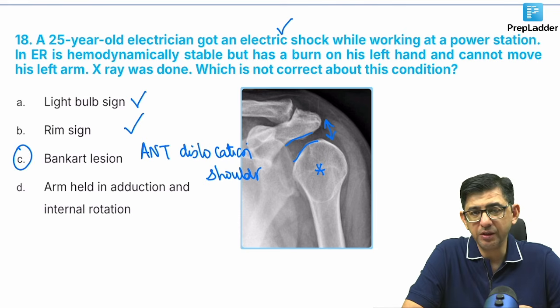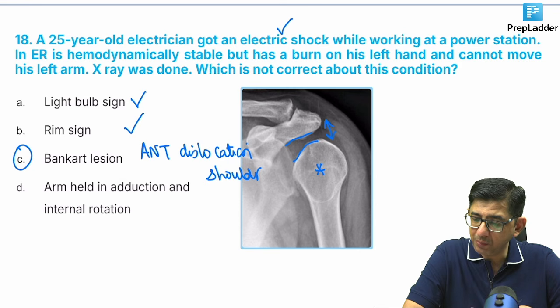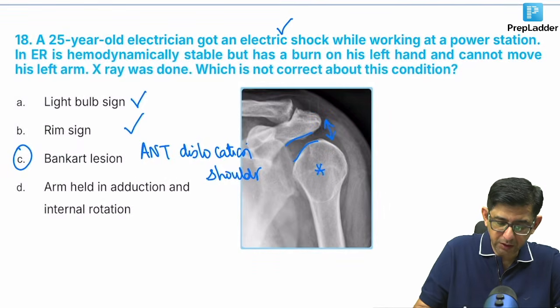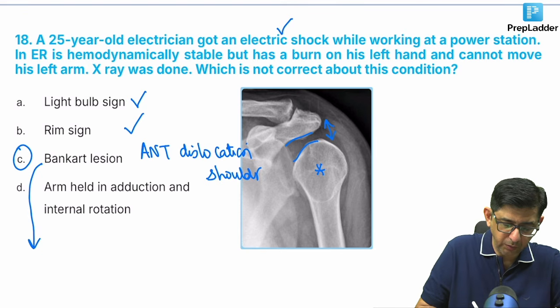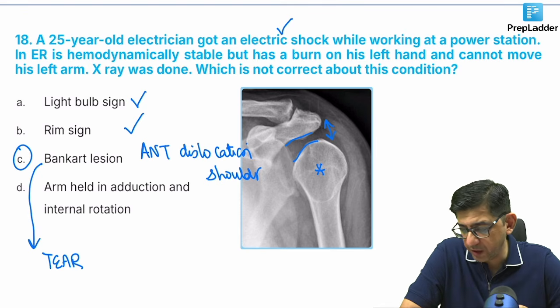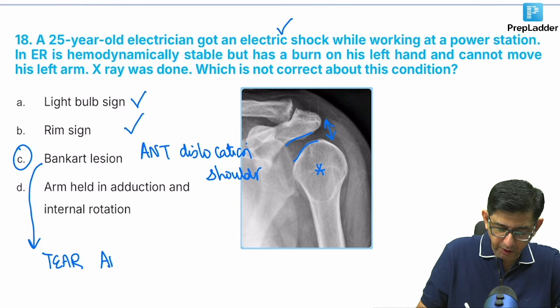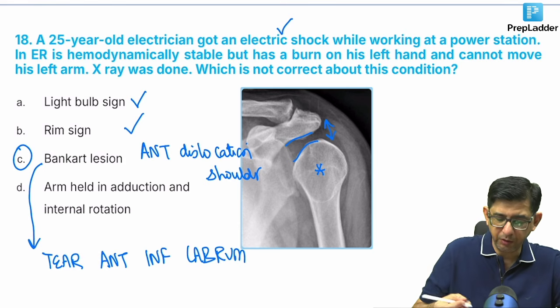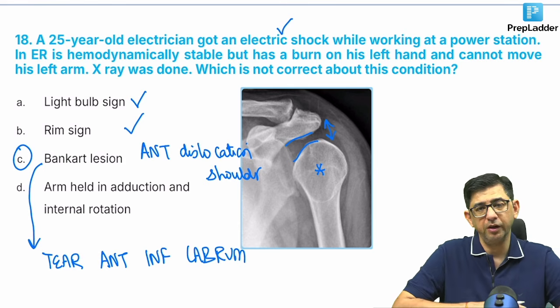In Bankart's lesion, there is a tear. That tear is present in the bone of the scapula, there is a tear in the labrum. It is what is Bankart's lesion? So the technical answer would be that it is a tear. Obviously, it's written lesion, so it must be a tear present. But the tear is present in the anterior-inferior part of the labrum, and that is because of the anterior dislocation of the shoulder. Labrum would mean the articular edge of the scapula.